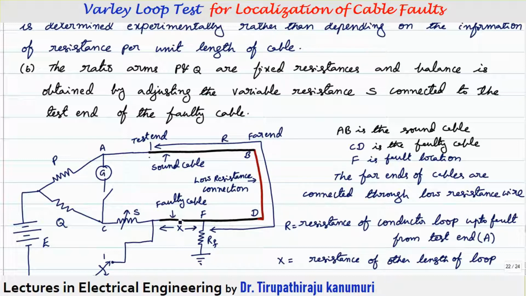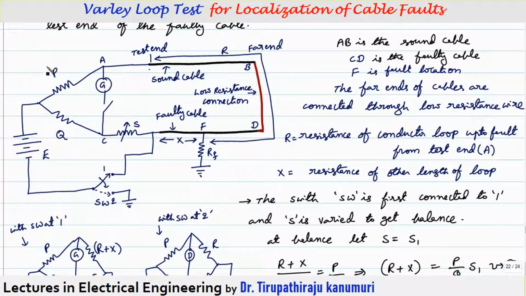So here the setup will be made like this. Here P and Q are maintained constant. The test voltage or voltage source is connected to this junction, and on the second side this is connected to a single pole double throw switch. Single pole means it involves a single tongue or single switch, and double throw means it can be connected to either position number 1 or position number 2. Single pole single throw means it can be either turned on or turned off. Single pole double throw means it can be connected to position number 1 or position number 2.